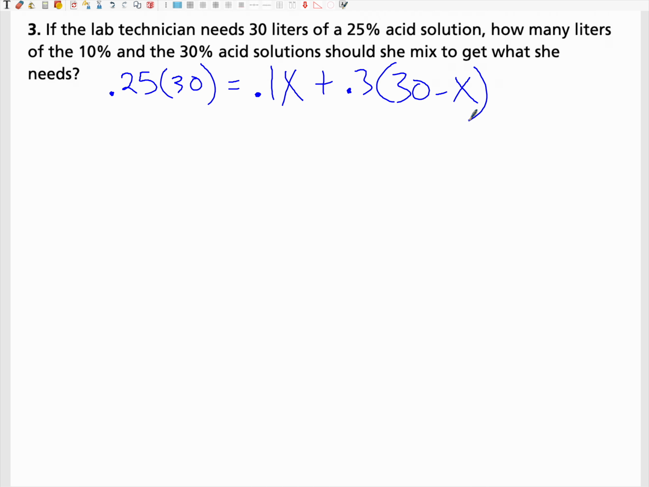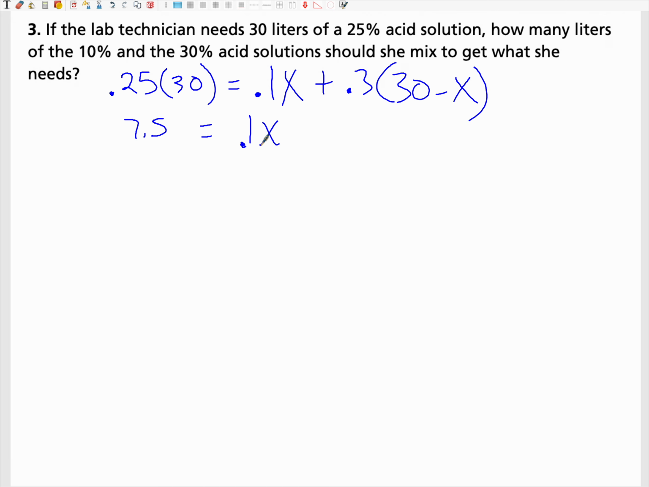Alright, so really, we changed one number from the original, well, two numbers, I guess. We changed this to 25%, we changed this to 30. That's all we did. So now it's going to solve the same way. What's 0.25 times 30? 7.5. Whoopsie. 7.5 equals